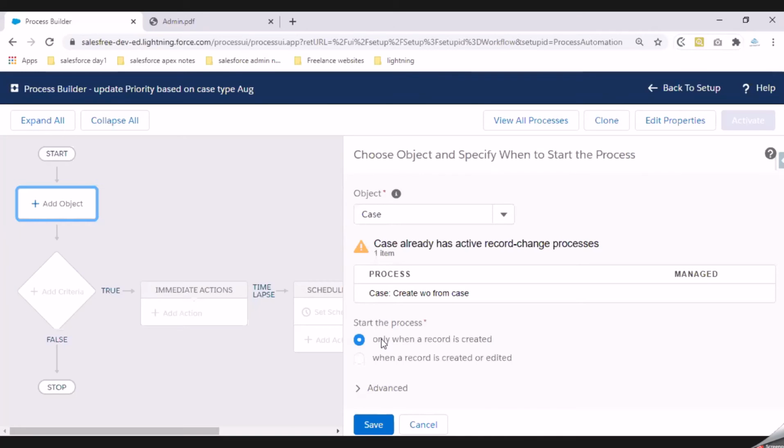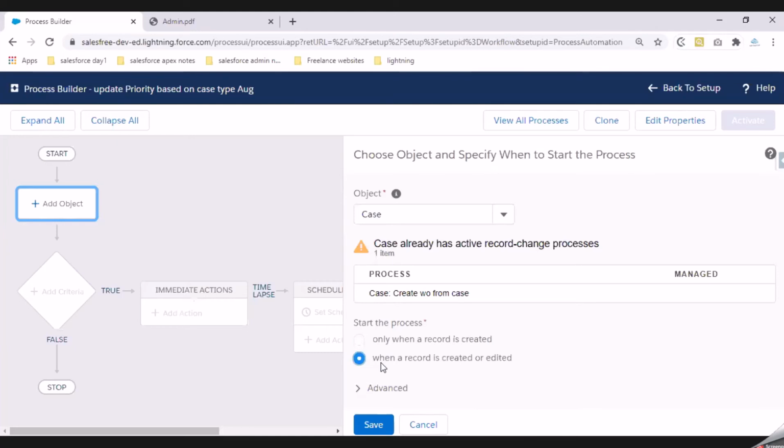Just like in our example of the workflow rule, we told the system that we want this workflow rule to run whenever a record is created, or the second option, created and every time it's edited.